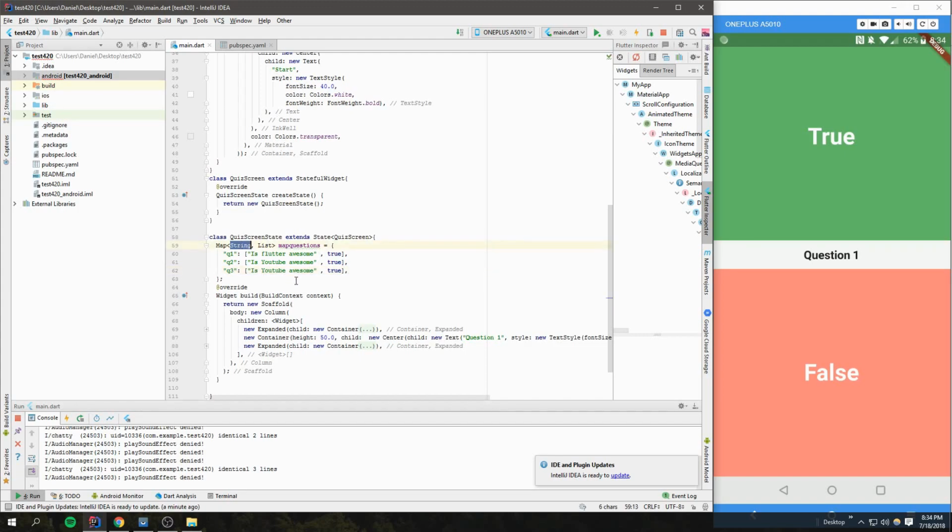You know what? I don't like this. We're going to make this an integer, and we're going to say this is going to be question 0. This is going to be question 1, and this is going to be question 2. So we're going to say, are Lamborghinis cheap? I think I spelled that right. And it's going to be false. And then we're going to go